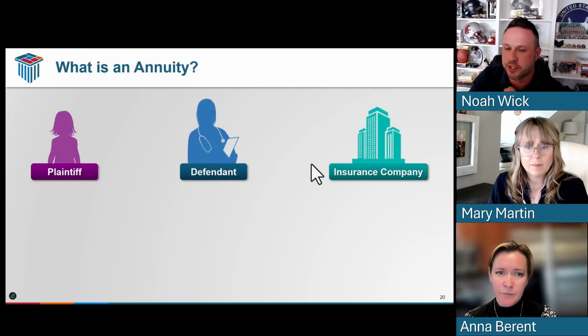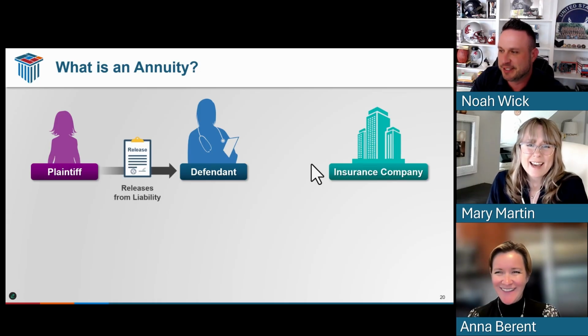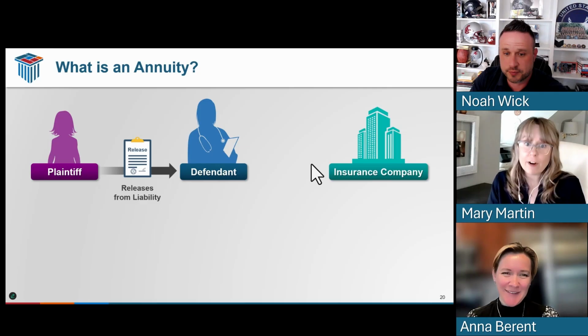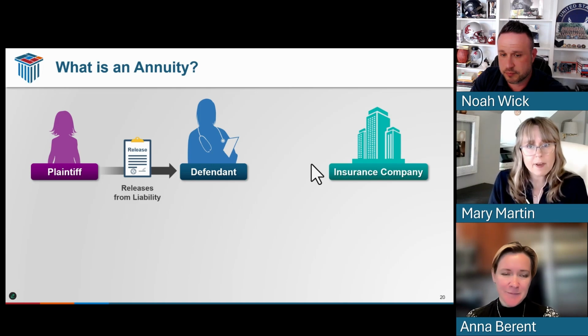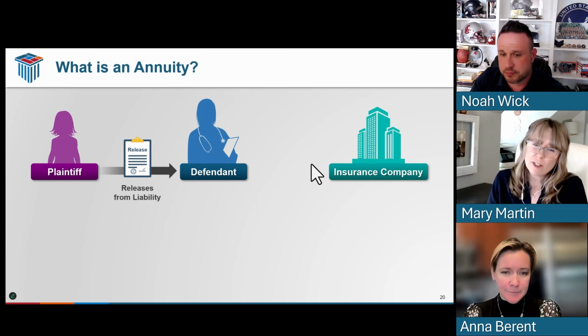So what is an annuity? Let's go through this process. Many times we may step into a mediation where the mediator is very familiar with them. Sometimes we won't. Sometimes we'll speak with a mediator who knows about them but doesn't know how to negotiate with them. And, as we talked about earlier, we really want some of this information to be able to make its